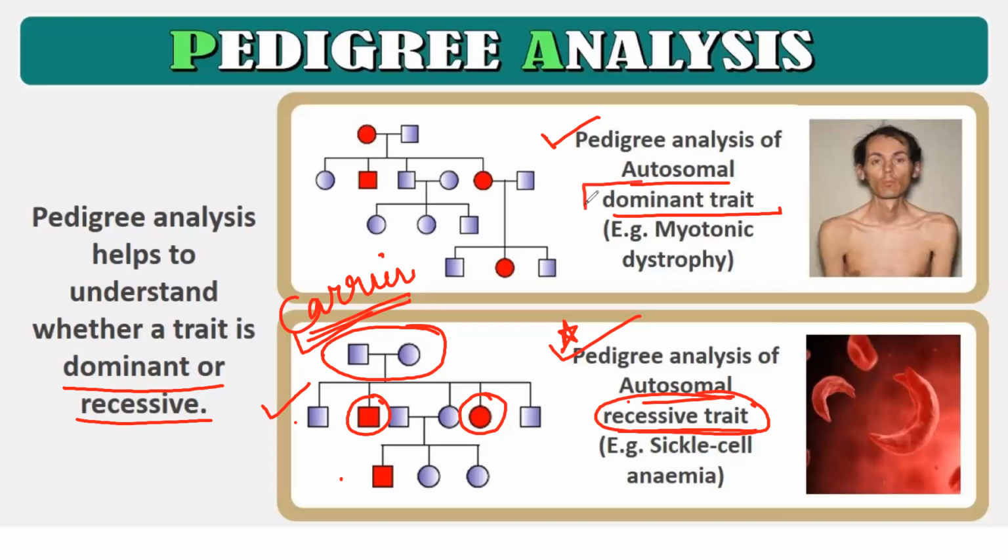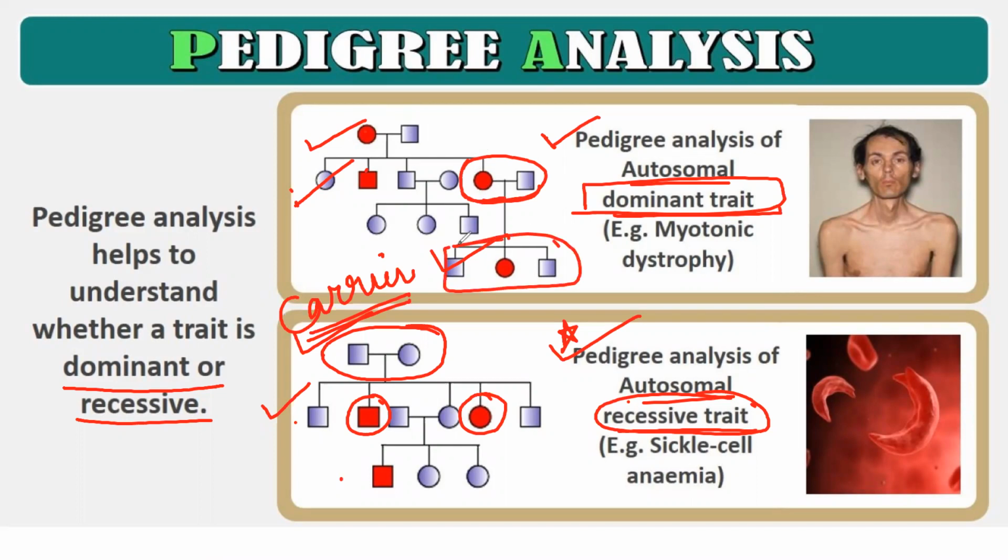Whereas on the other hand, dominant, you are able to observe in every generation. You can see it in every generation here, as both are not affected, so there won't be any affected individual. But in this generation, a female is there. In the next generation, a male is there. There is mating between a healthy person and an affected person, that has also led to an affected child.